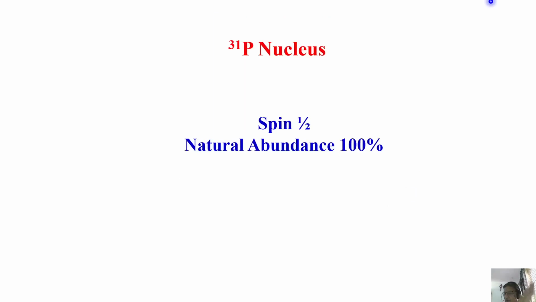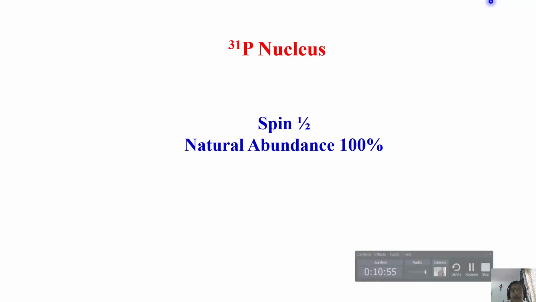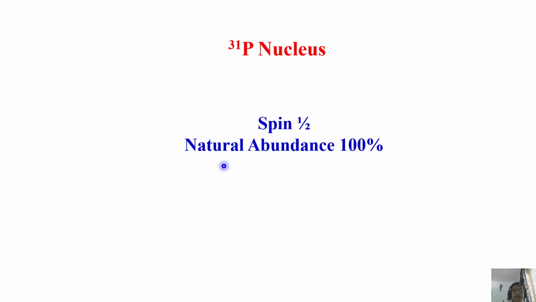Now I look at phosphorus-31. Phosphorus-31 is a spin-half nucleus and it is another favorable nucleus. Abundance is 100%, easy to detect. As I told you earlier, spin-half nuclei are really friendly for us, very easy to deal with. Unlike quadrupolar nuclei with spin greater than one half, like 1, 3/2, 5/2, 7/2, as the spin keeps increasing, it is very, very difficult for us to handle. So it is more comfortable to work with spin-half nuclei, also with 100% abundance. So that is one such nucleus, P31.